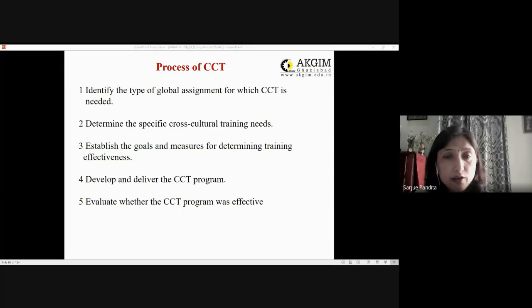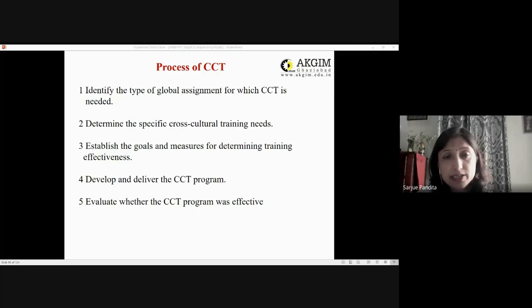In addition, organization analysis considers the availability of training resources such as trainers, maybe equipment which is required for cross-cultural training, and budgets you need to allocate. So everything will be analyzed at organizational level. Based upon this organizational assessment, HR decisions are made on whether an organization is ready and willing to go for an effective cross-cultural training program or not. Right? So that is organization analysis.